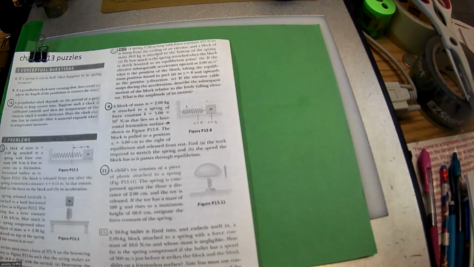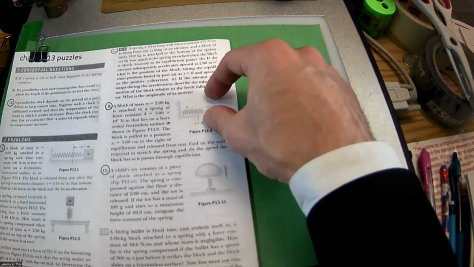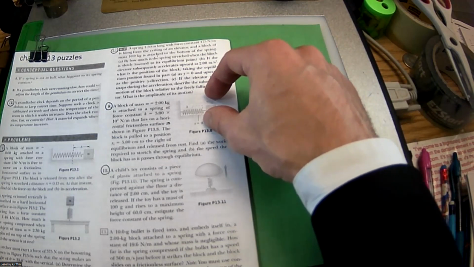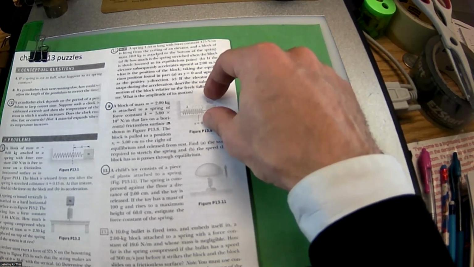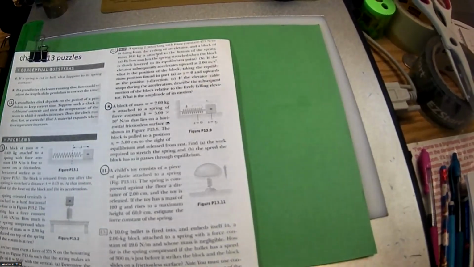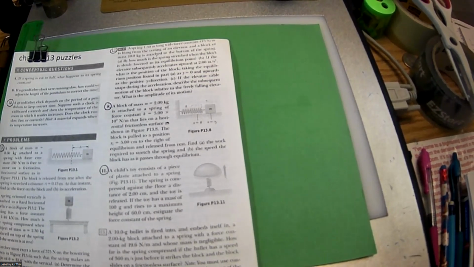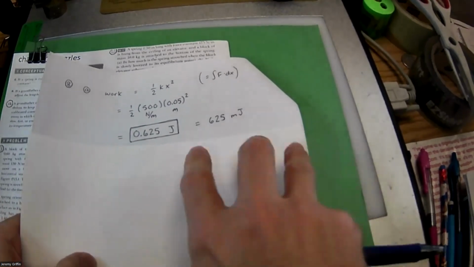How about this? Suppose you stretch it and you're holding it at rest. Where did all that energy go? All the energy is now in the spring. And what's the formula for energy in a spring? 1/2 kx squared. That's what everybody was thinking, right? The force to stretch it is F equals kx. That's Hooke's law. The energy it took to stretch it, now stored in the spring, is 1/2 kx squared. So anyway, you run those numbers. I got something that looks about like that.